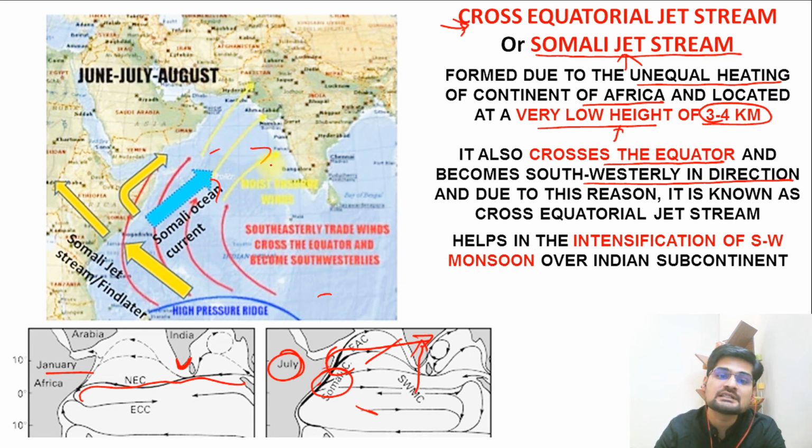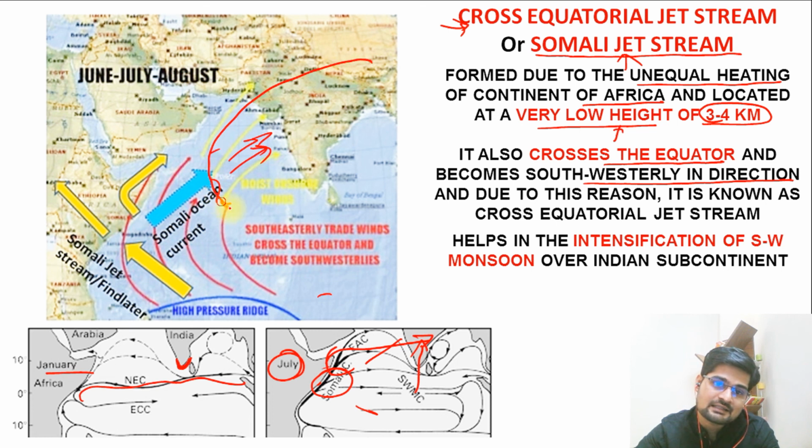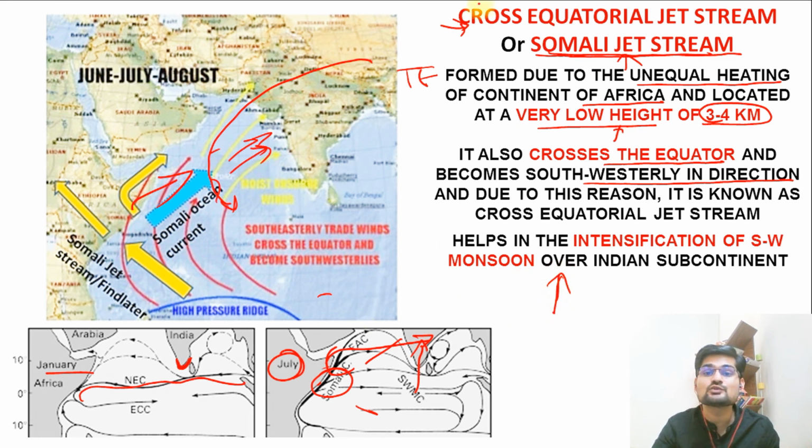Remember, monsoon winds are already in this particular direction because of the tropical easterly jet, and they are now further aggravated by this Somali jet stream. So this is why the monsoon intensifies on the basis of these two jet streams that we have learned. In detail, when we learn the monsoon, there also we are going to discuss the impact of these jet streams. So now, when we have learned the details of jet streams, their various characteristics and types,